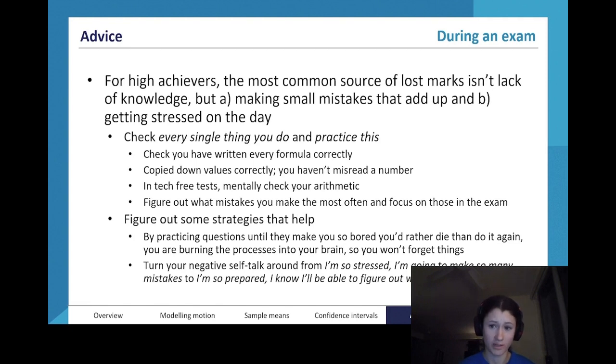the content too, because when you really understand the content, you're far less likely to make a conceptual error. And then getting up to the small, really annoying errors,